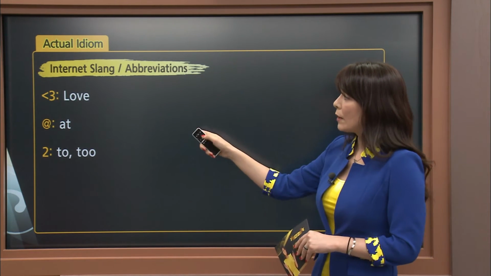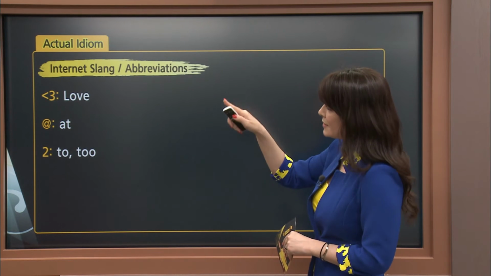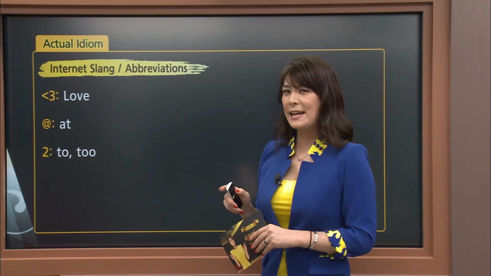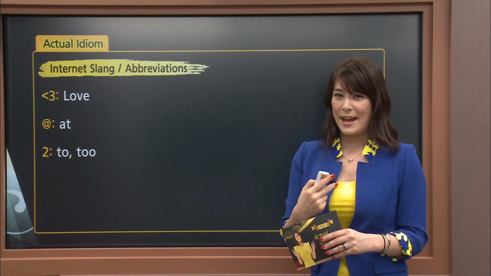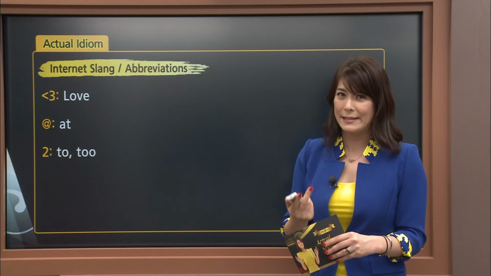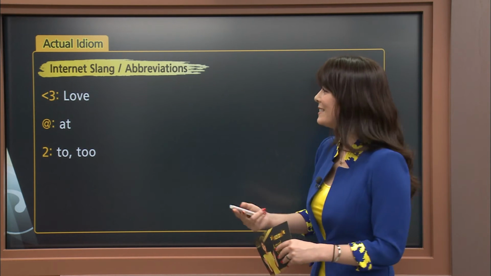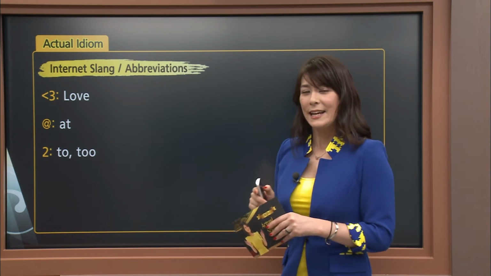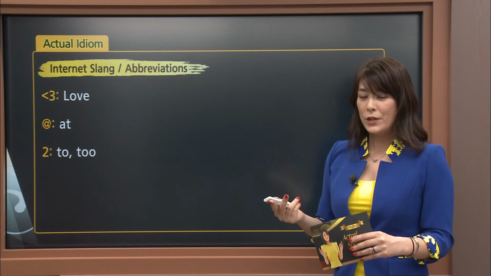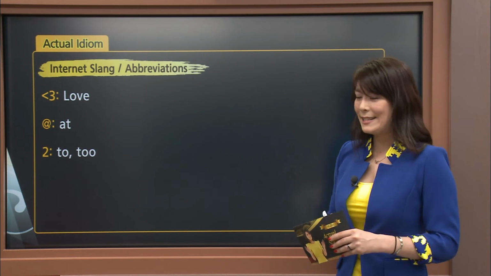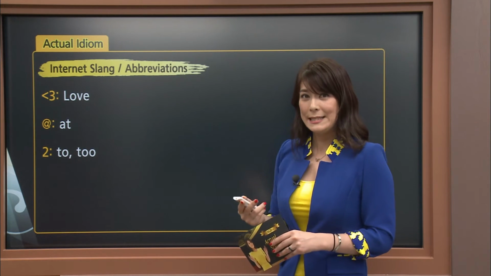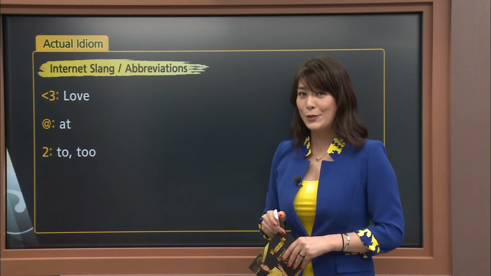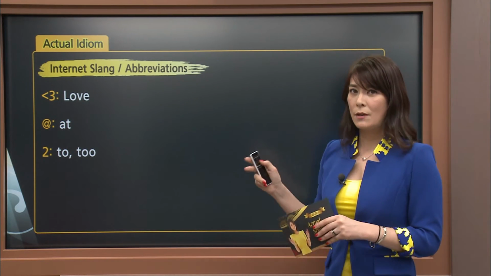Now, we've got some more. As you see, we've got something that looks like a symbol. Well, the 3 here, they say it looks like the heart of a person and it means or symbolizes heart, love. So if you do that symbol, it means love. What about at? Okay, instead of writing AT, often when you're text messaging or on social media sites, you will see that symbol and it means at. Okay, it's replaced. And also the number 2 is often used to replace to or even TOO, two.